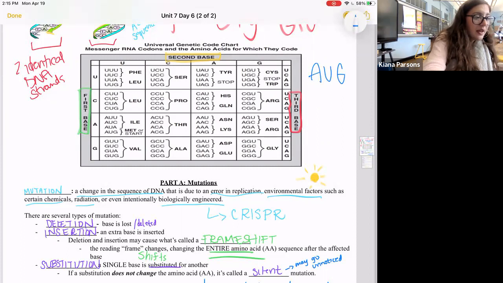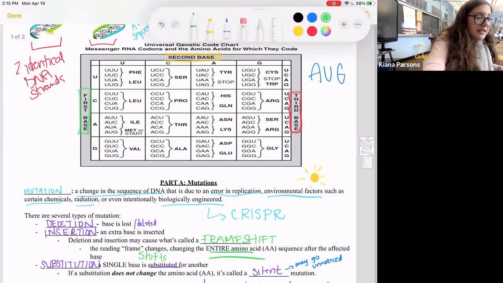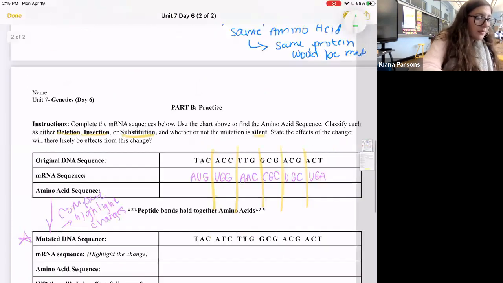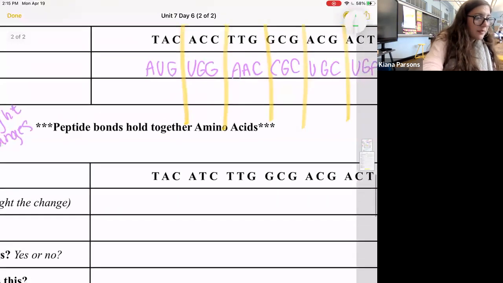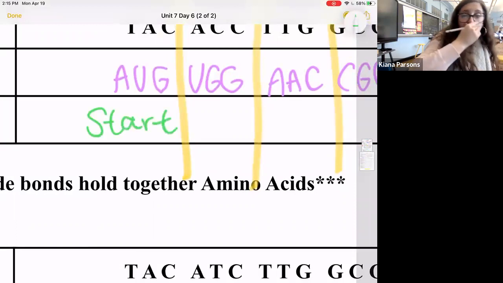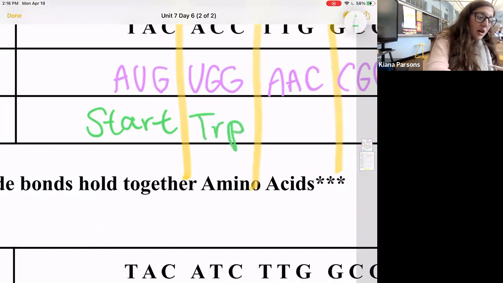AUG, first base. I'm going to go over here, find it, first base, second base U. So we're here in this box. We're going to find G along the side, and it is our start codon. So we know we're going to start with AUG, then UGG is going to be TRP,